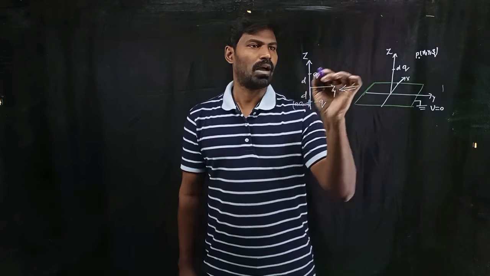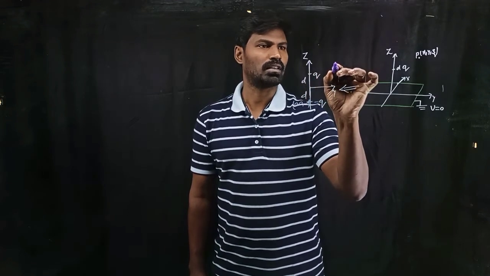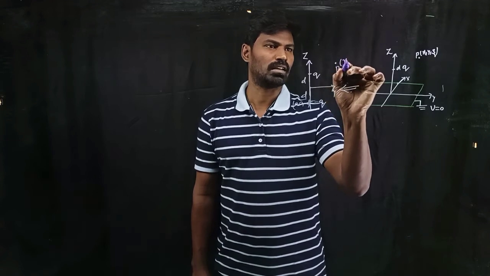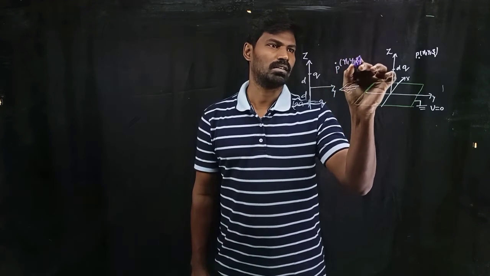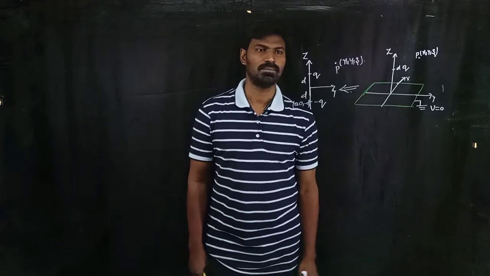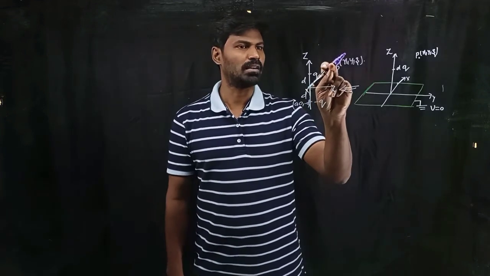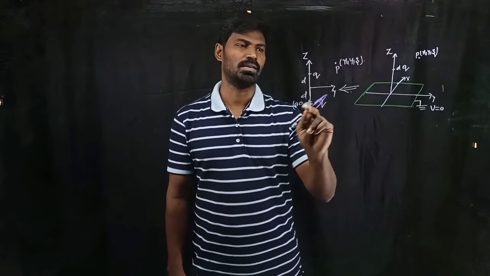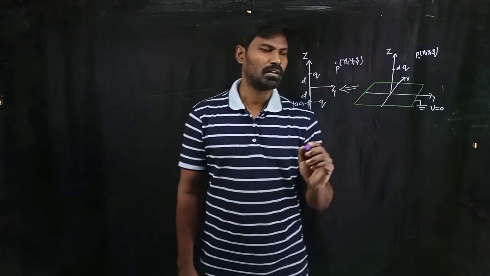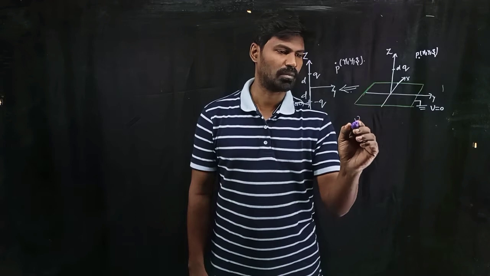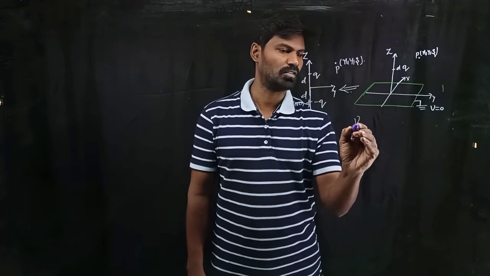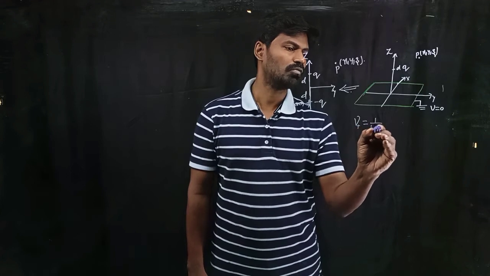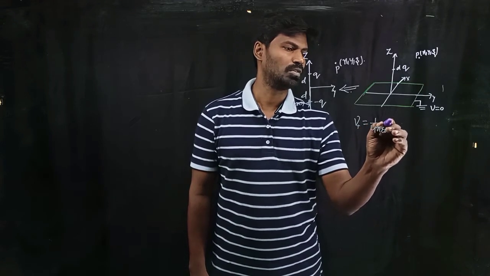Now I want to find out the strength of electric field as well as potential at this point P, whose coordinates are given by x, y, z. That is a general point I'm considering. So potential at P is contributed by both this charge q, the real charge, and the image charge minus q. First I am writing down the expression for the real charge, which is positive charge: V plus is equal to 1 divided by 4 pi epsilon naught into q